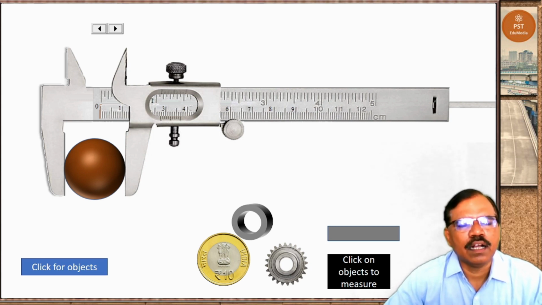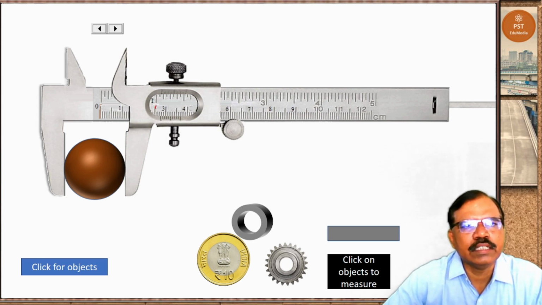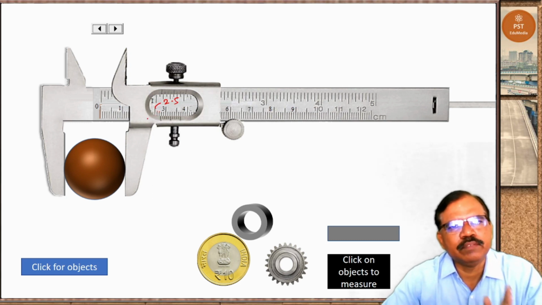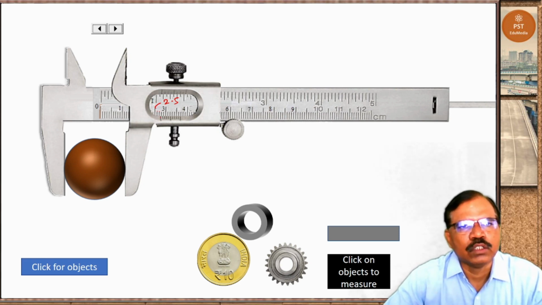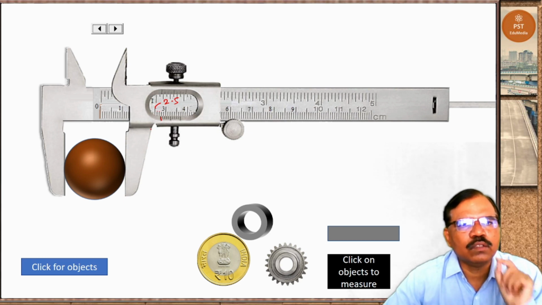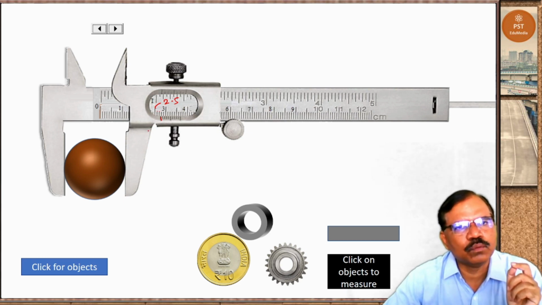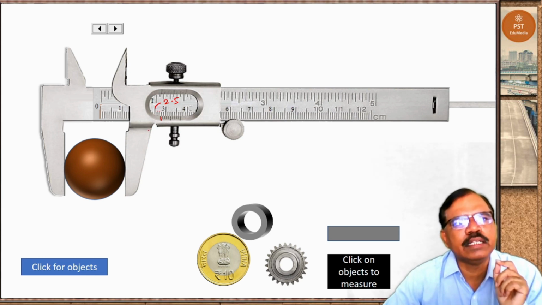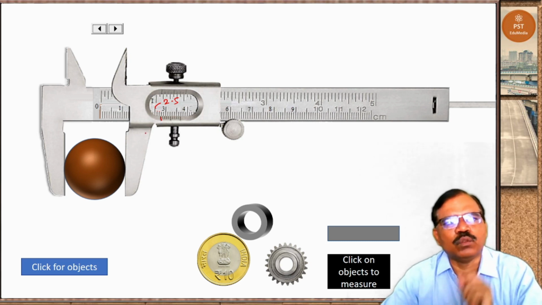Now see main scale. Now if we see here, this one is 2.5, 2.6, 2.7. So it is between 2.7 and 2.8. So this 0 of vernier scale, or first line of vernier scale, means it is in between 2.7 and 2.8.